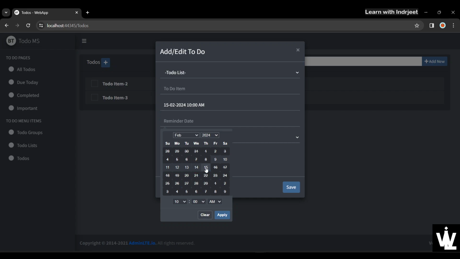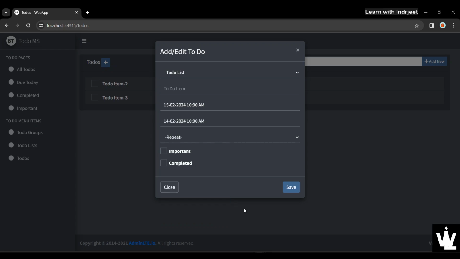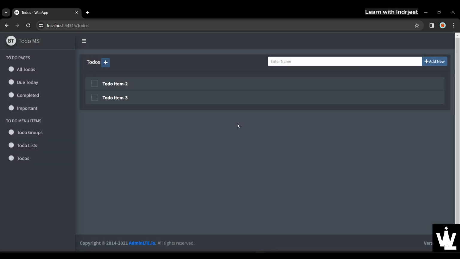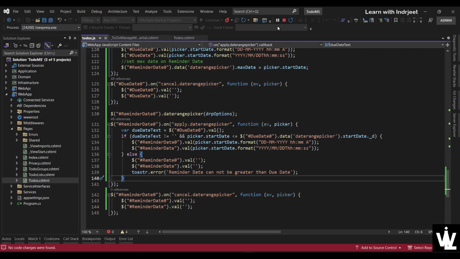So let's say we want to set a reminder for 14th. That's fine, that is allowed. So the validations are now working. This drop down is already there as a static drop down. These we can manipulate, that's fine. Now let's work on to fill this to-do list drop down with all the list items. Okay, list to-do lists. So close this and let's go back, stop the application,